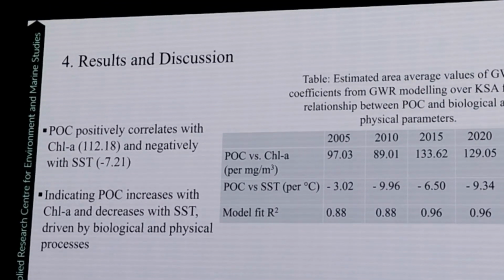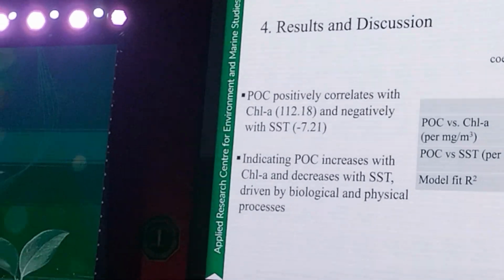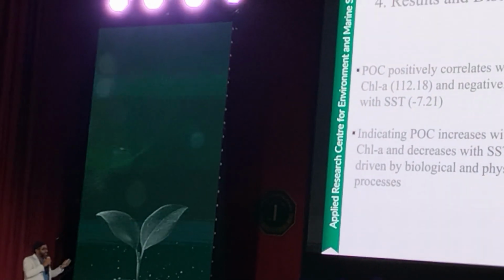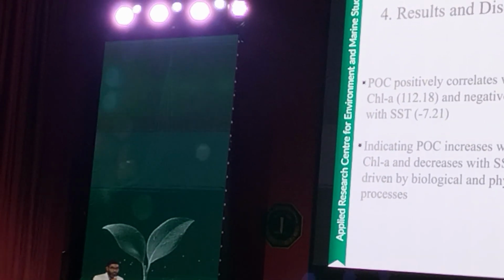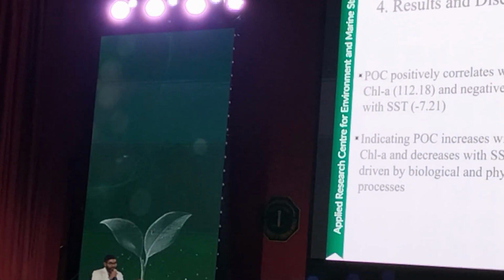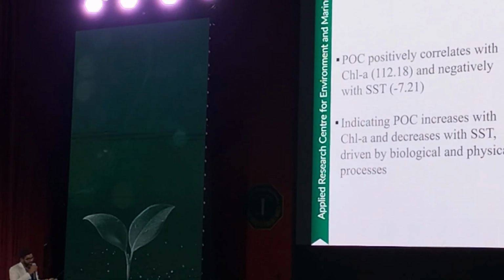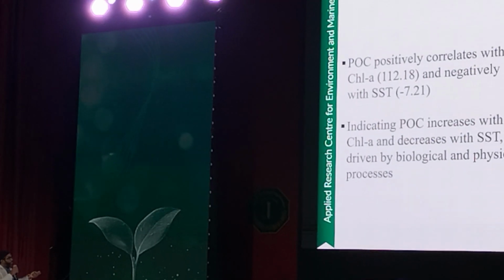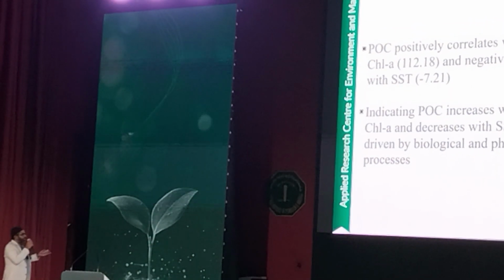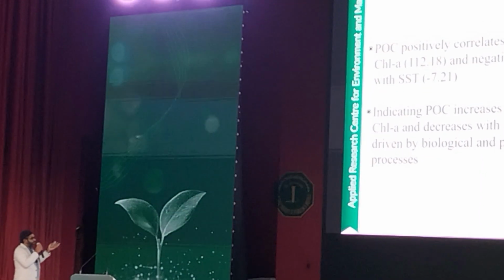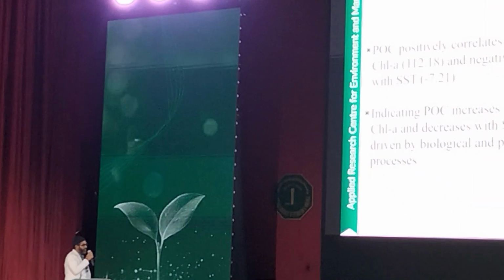It's really interesting, and an issue of concern: if it is really happening, then what would be the future of the Arabian Gulf waters in terms of biodiversity or something like that. So for 2010, 2015, 2020, and also overall,